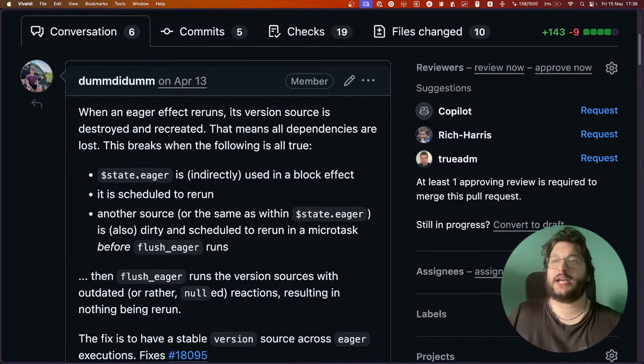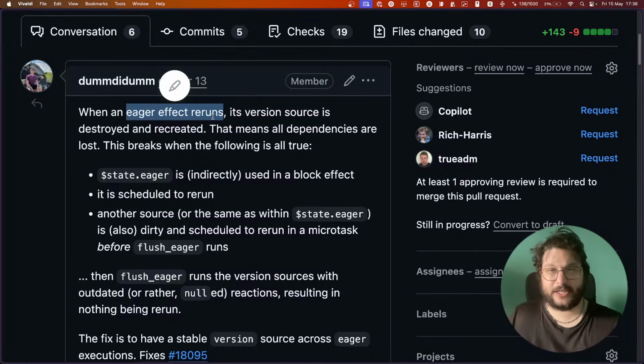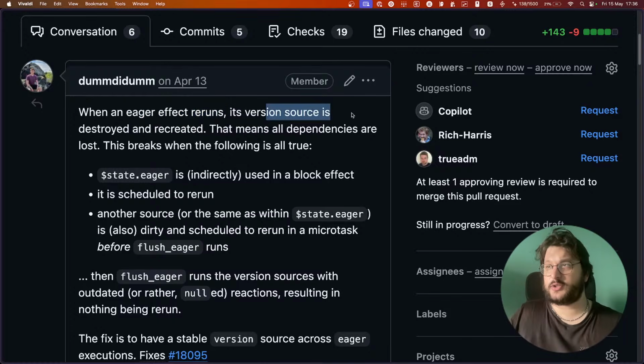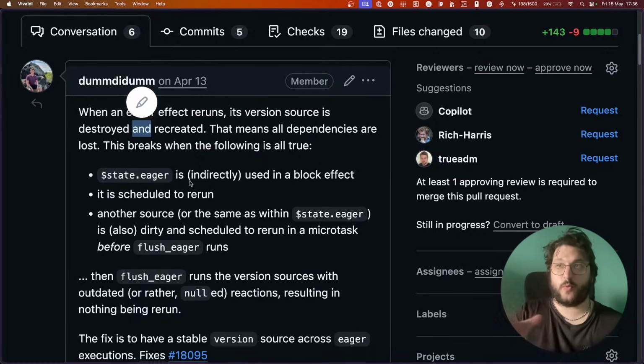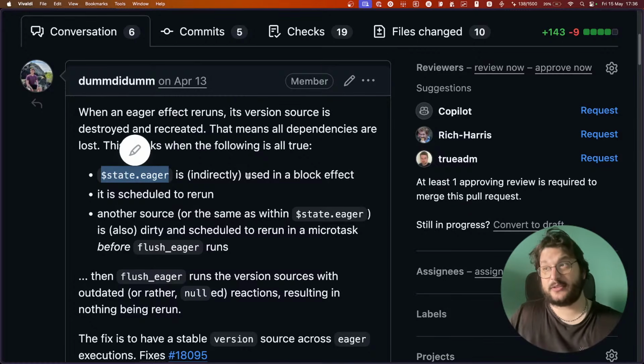Okay, so when an eager effect reruns, so an eager effect is an effect that basically during the batch is executed immediately, and when it reruns, the version source is destroyed and recreated. So this means that all the dependencies were also lost, and that is important when state eager is indirectly used in a block effect. It's rescheduled to run, and another source is also dirty and rescheduled to run in a microtask before flush eager run.